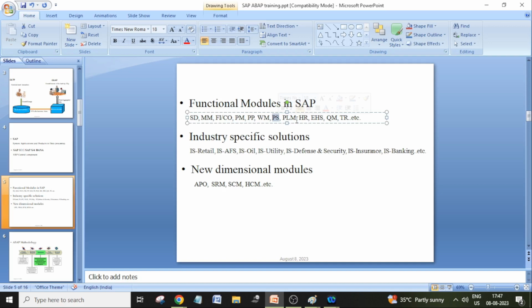Whatever the module it is, the requirement might be related to any module, sales, finance, HR, right? Once the requirement document is created, the ABAP developer will develop those applications. Clear? What is the role of ABAP developer? Implementing the applications and